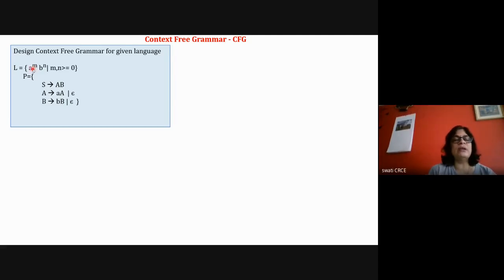A raised to n, b raised to n, or just a raised to n. So here I can split this problem into the a raised to m problem and the b raised to n problem. I will divide this because m and n are independent of each other. There is no relation between m and n. M can be anything, n can be anything. They can both be zero, or both can be the same value, or m can be greater than n, or n can be greater than m. So they are independent of each other. The only thing given is that each can be zero or greater than zero. So that's why these are different terms, independent of each other.